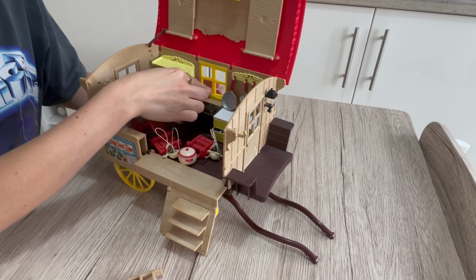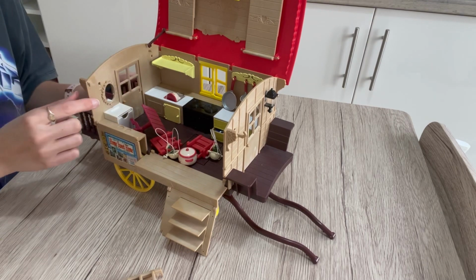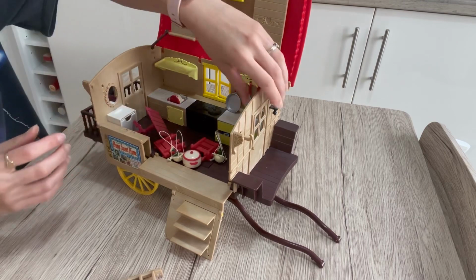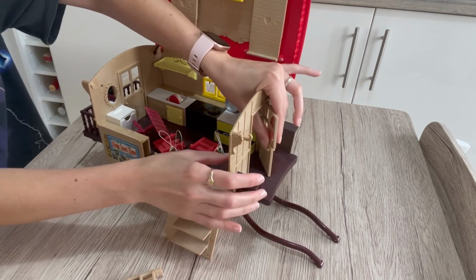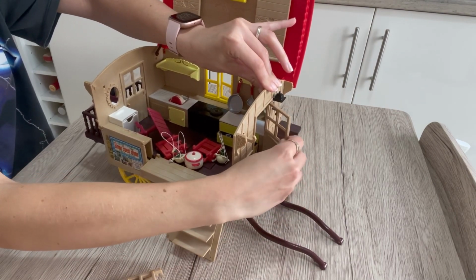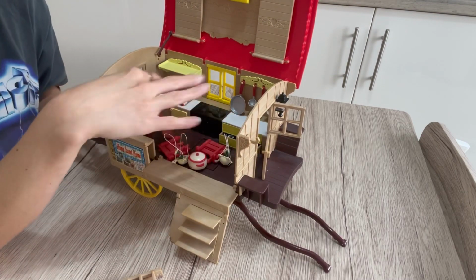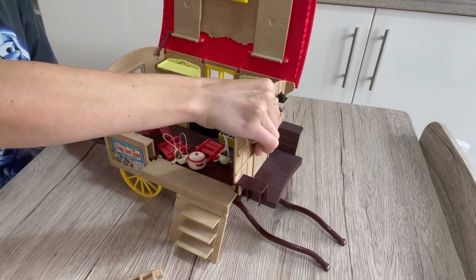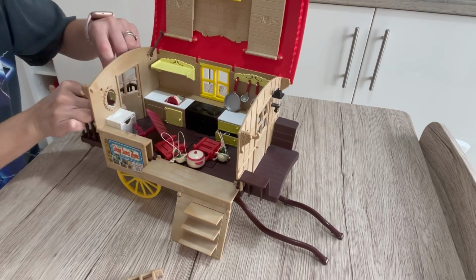So what else have we got? So like I said, all of the windows open, of course. The doors actually are like farmhouse doors. So the top bit opens independently to the bottom, or you can click them together and then it's just one door. So you can pop them apart and you can just have half open. So maybe if they're going along and one of them's inside, wants a bit of fresh air, you can just open the top bit for a window. And then it just clicks back together, and that is the same for both of the doors,